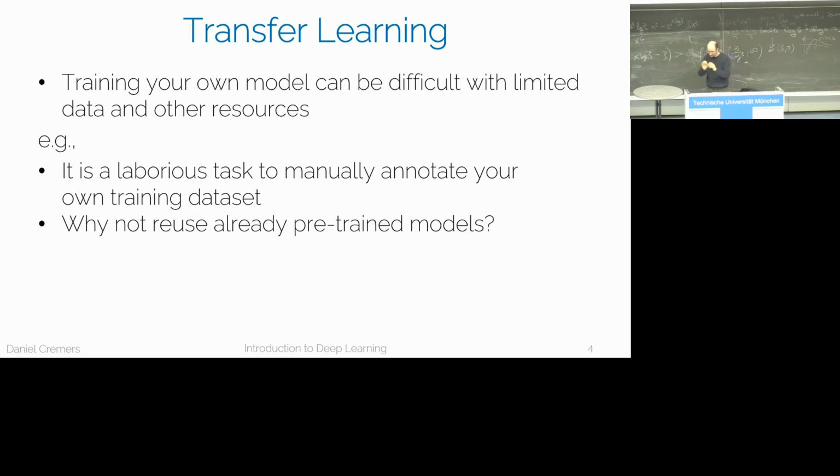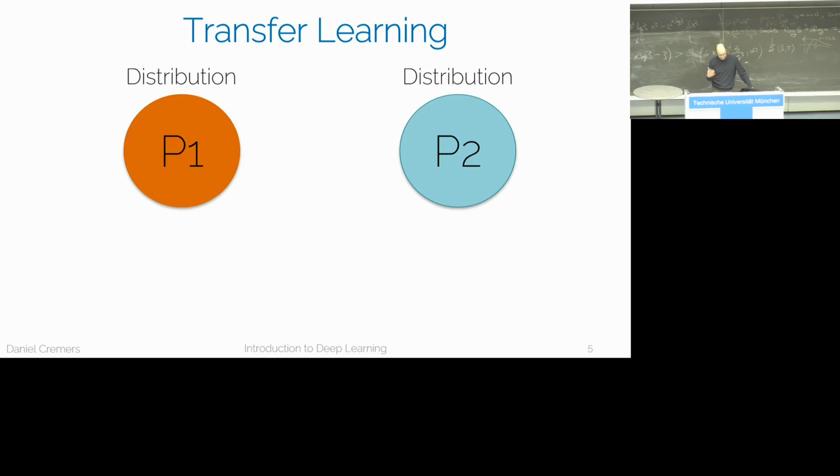Sometimes you have a specific task, but whereas in ImageNet you have 14 million images, maybe on your task you only have a few thousand images. And then you cannot train a network with a gigantic capacity if you don't have the training data to actually make it work. And so then you can revert and try to recycle, reuse a pre-trained model and basically fine-tune